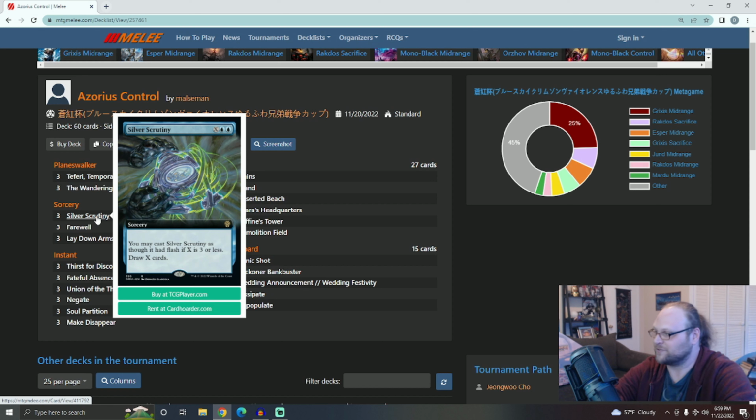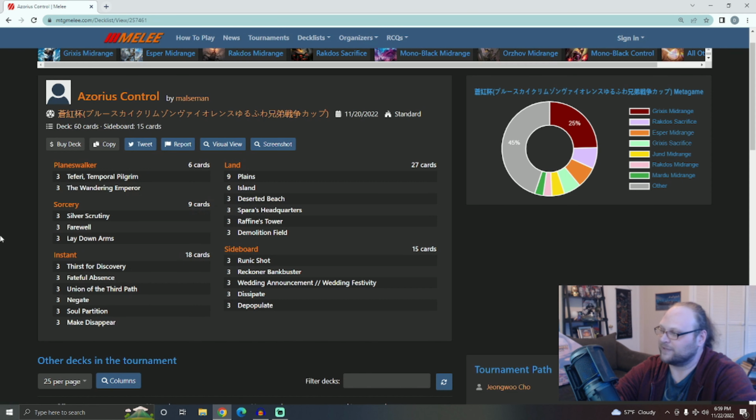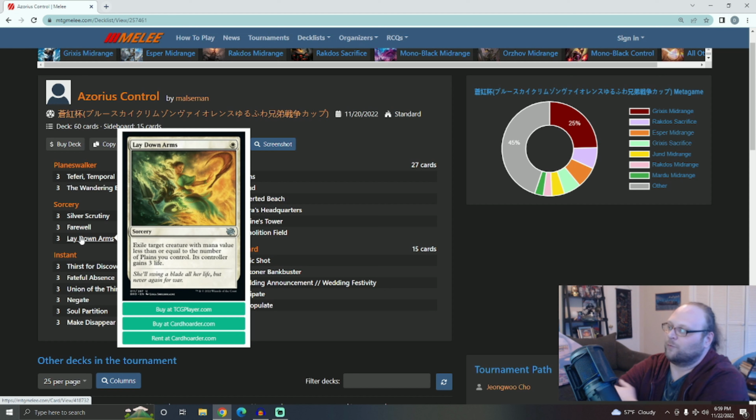Interesting little card here, especially for control decks, because drawing 3 at instant speed is something you want to do. Drawing 6 at instant speed is also something you want to do in the late game. This one plays Lay Down Arms. It's got a total of 15 Plains in the main deck, if you count Raffine's Tower, Spara's Headquarters, and you should, right? So even in a not mono-white deck,